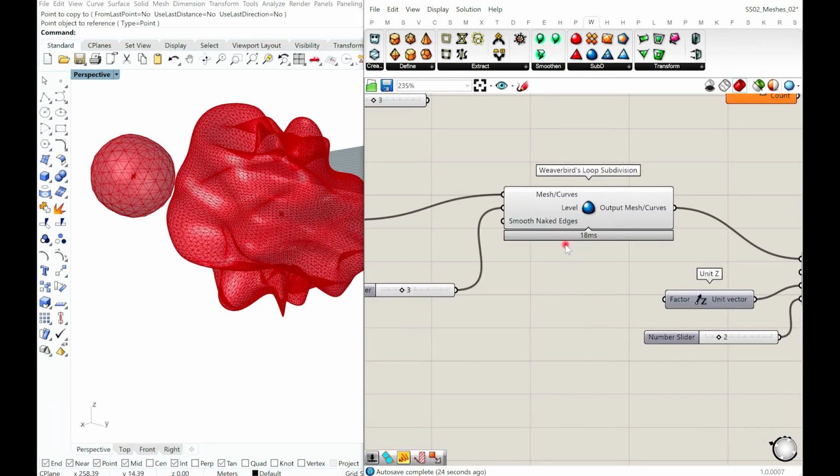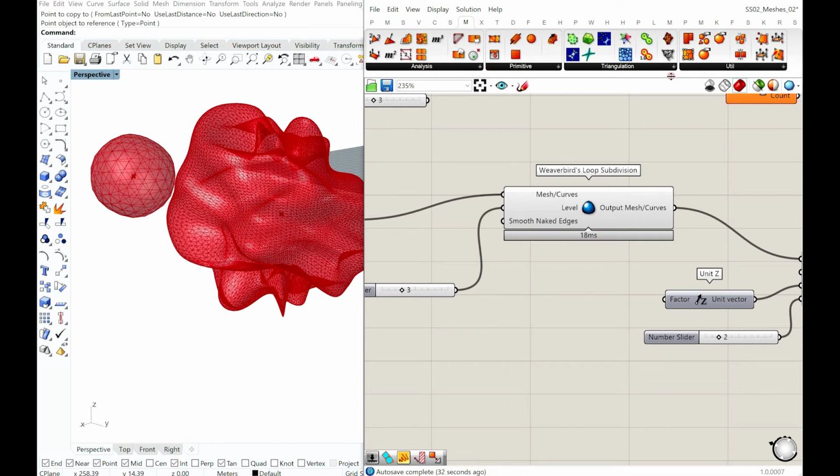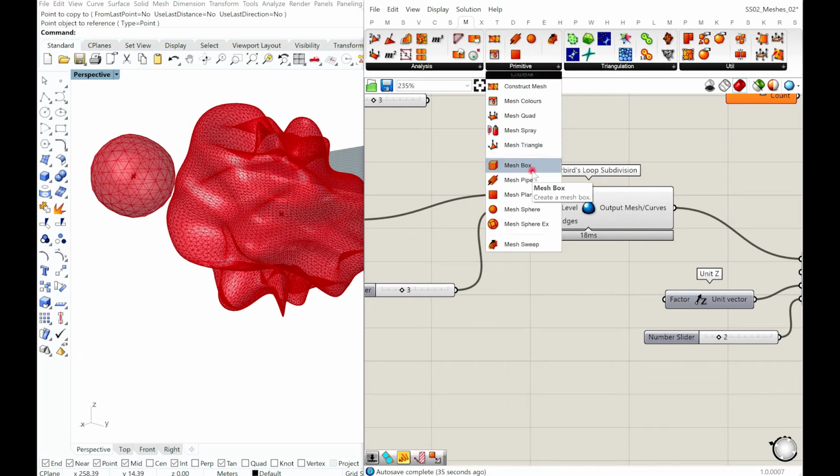Try making a mesh and smoothen it and see what you get. Just get any kind of mesh. You can go to Mesh, go to Primitive. You can make a mesh box or a mesh sphere or even a mesh plane. Start to manipulate the points by moving them in any direction and create a new mesh out of it by using construct mesh. And let's see what we get.